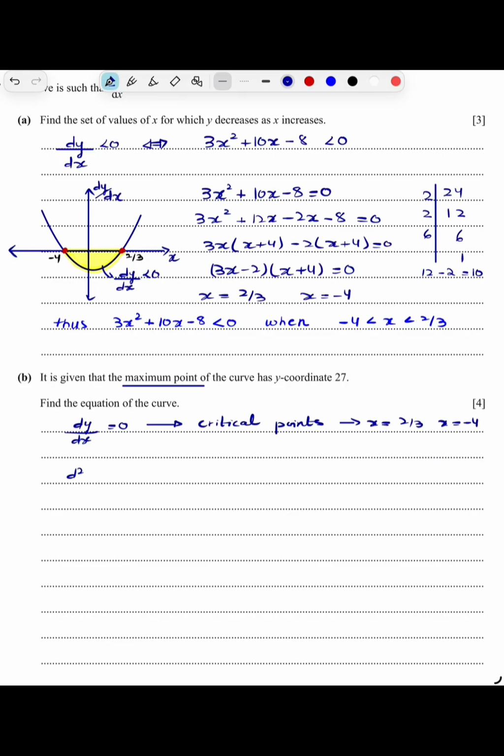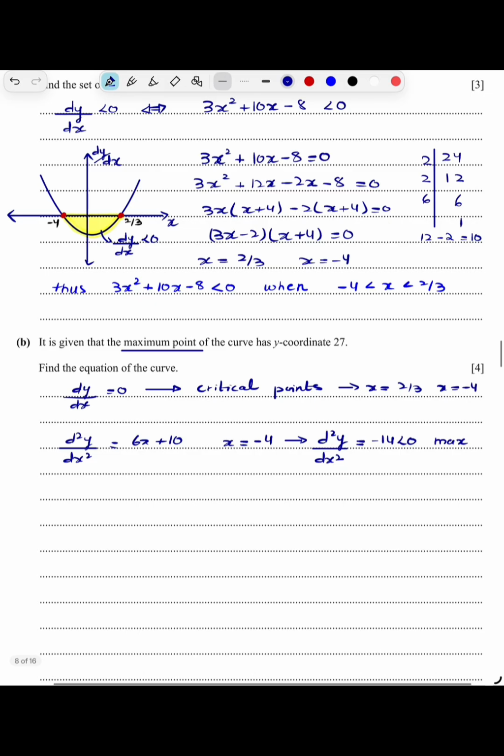ठीक है। वो डबल डेरिवेटिव लेके देख लेते हैं। So the double derivative is going to be 6x plus 10, ठीक है। So ये when x is equals to पॉजिटिव वैल्यू डालोगे तो डेफिनेटली पॉजिटिव आएगा डबल डेरिवेटिव, दैट वुड नॉट गिव यू अ मैक्सिमम पॉइंट। सो वेन एवर एक्स इज इक्वल्स टू -4, द वैल्यू ऑफ द डबल डेरिवेटिव becomes 6 into -4 is -24, so -24 plus 10 is -14 less than 0, therefore this gives us the maximum point, okay। so what is the maximum point के coordinates अब हमें पता चल गए हैं, which is x की value -4 and y की value 27 and this lies on the curve, ठीक है।